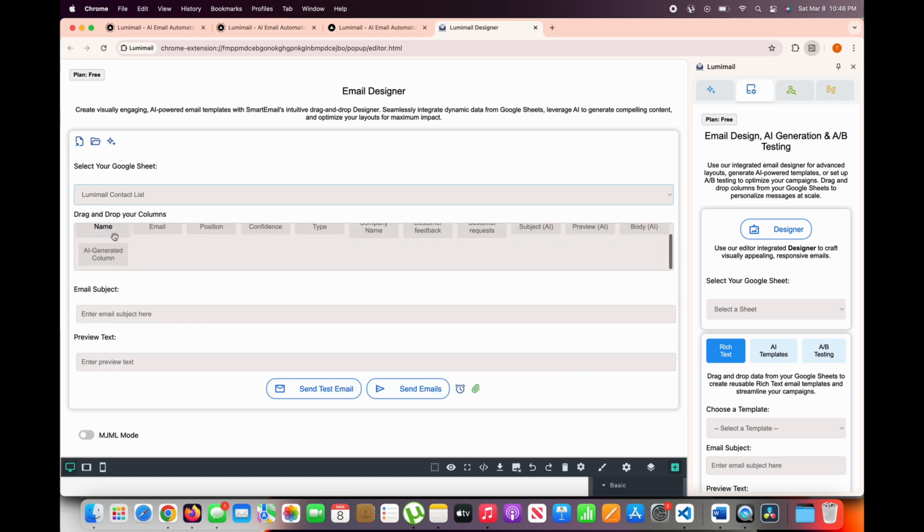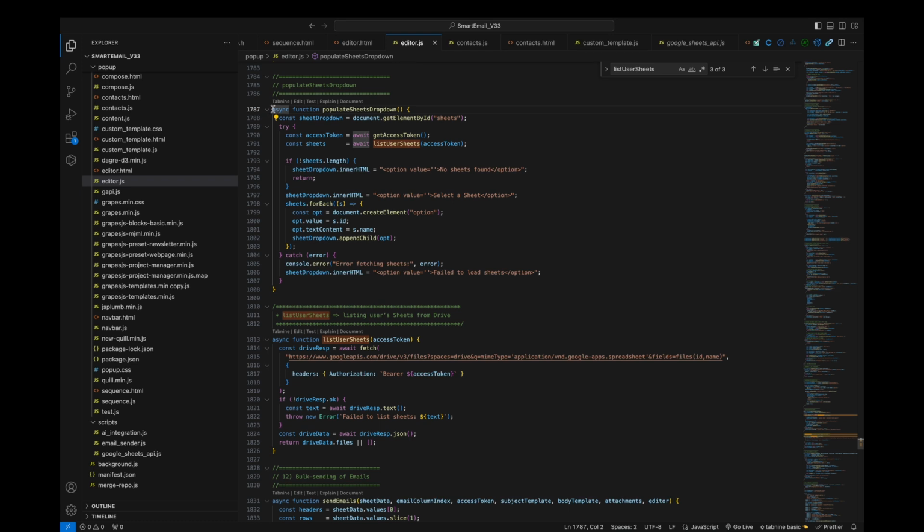This code shows Lumimail listing all Google Sheets in the user's Drive. Clearly, this is a broad search across Drive content. The Drive file scope cannot support this. It would require the user to individually open each sheet. Full Drive scope lets Lumimail perform such searches to enhance functionality, like picking a sheet as an email recipient list,